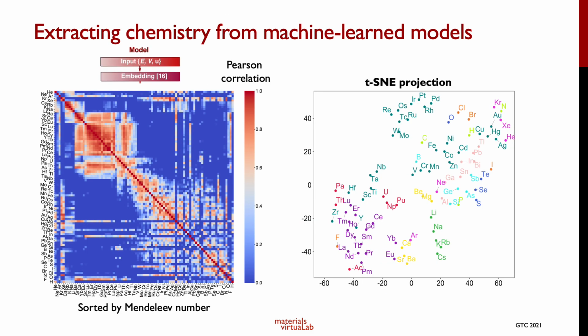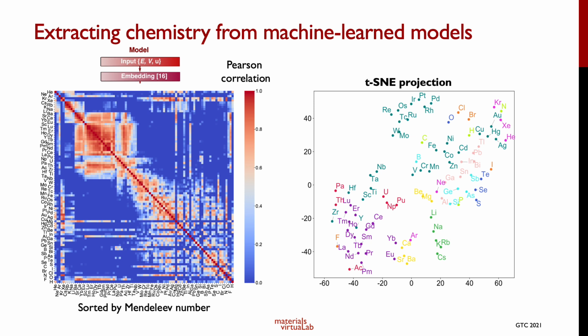Now, the reason why this works is that if we take the embeddings and we plot the correlations between embeddings for all the elements and from our trained materials graph network models, we found that essentially the correlations between embeddings actually reproduces the periodic table of the elements. So in other words, elements that tend to be chemically very similar, so things like, for example, lithium and sodium, who are both in the first column of the periodic table, tend to have very high correlation, while elements that are very chemically dissimilar have very low correlations in their embeddings.